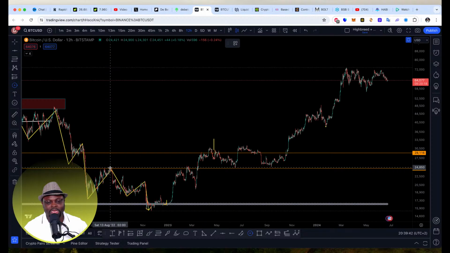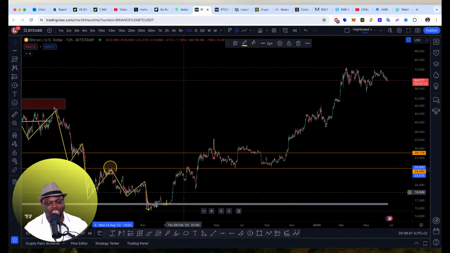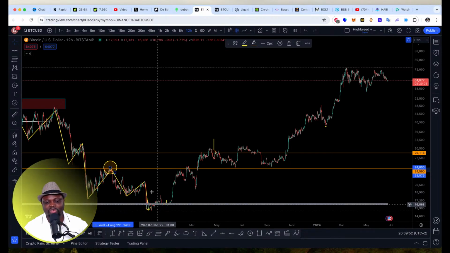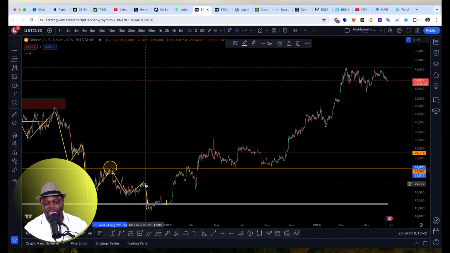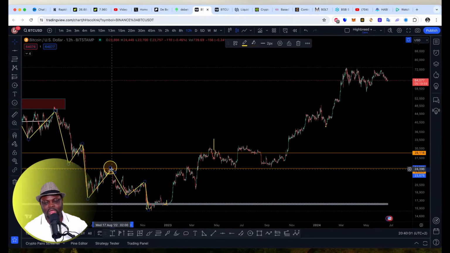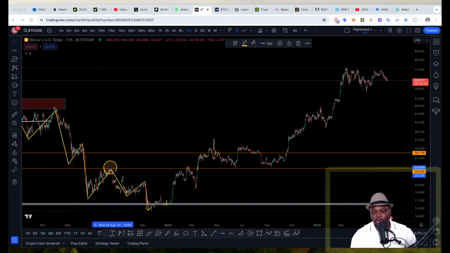So you are not FOMOing in when price is doing this. No, you don't FOMO in because you don't want to catch the trend. You want to wait to get into the trend properly. Now you could have also got into the trend here when price broke this zone, but usually the trend down here is the trend that I want you guys to focus on mostly, because that's the area where you can easily get a proper entry when you are trading or investing in any coin out there.